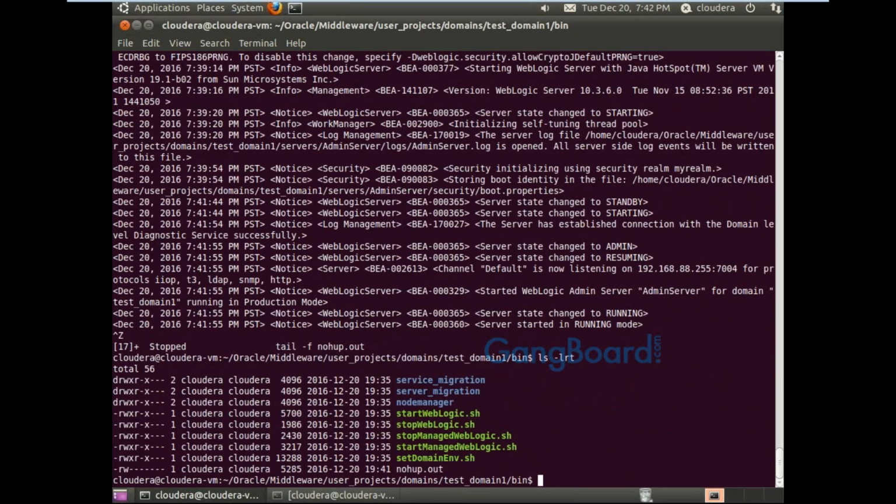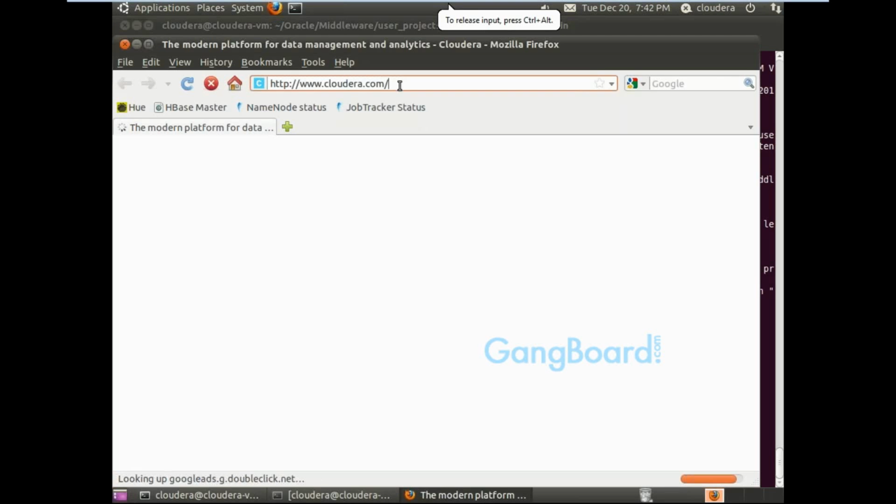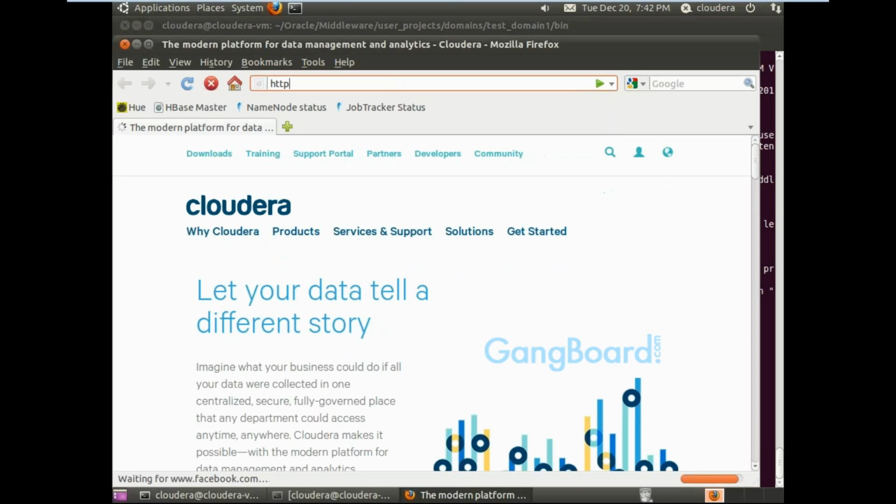But no need to take the backup of this file. This is not so much mandatory. But yes, config.xml is very much mandatory, and you need to take the backup of that file. Because it has all the IP and port numbers and everything of the environment. Let me check whether it is opening the console or not.